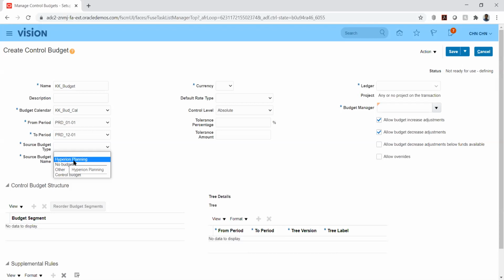So this is an entirely separate module. I haven't worked on Hyperion either. We have worked only on the basic things, like the control budget, and how the budget affects our subledger and the GL part. So if you want to enable Hyperion planning, then you have to have the Hyperion tool.